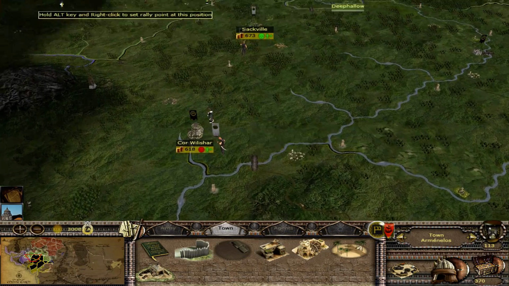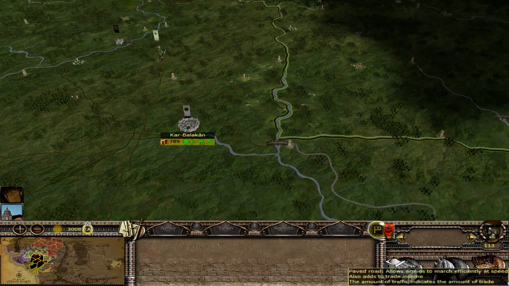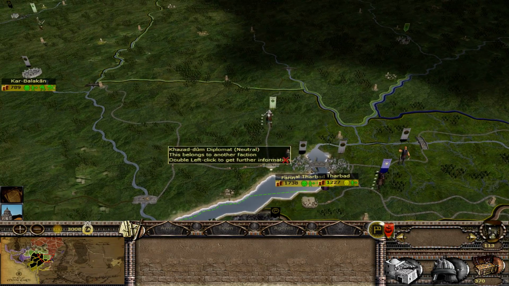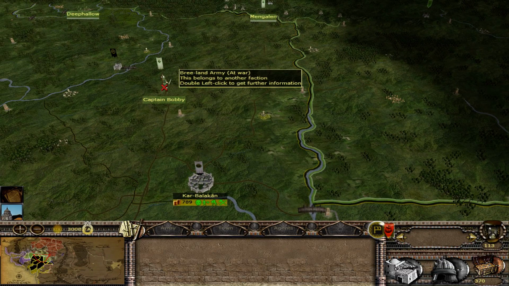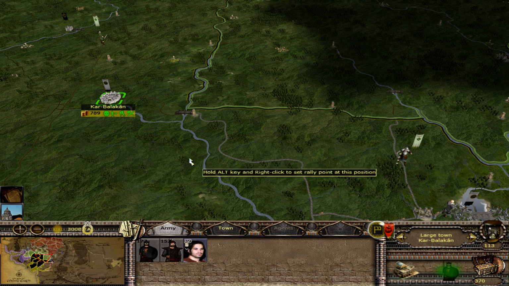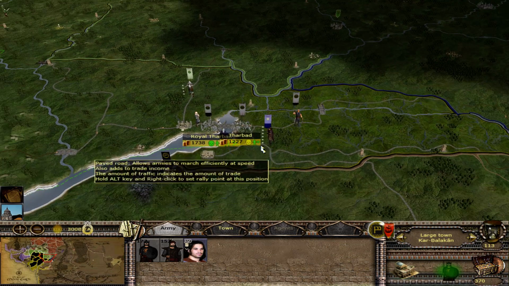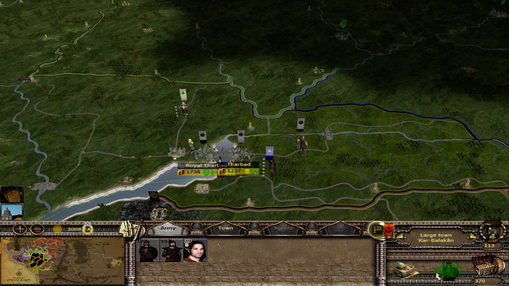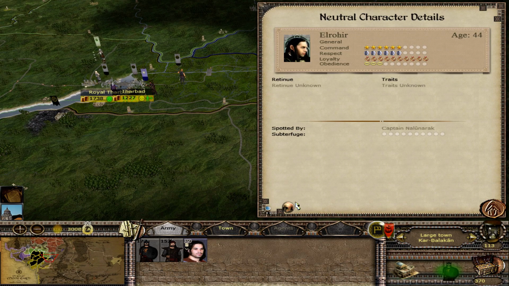Ooh! Otherwise, though, I think I'm going to end the turn there on the suspense. Ooh! Captain Bobby thought better of taking Karbalakan. And once Karbalakan... I'd chuck those in as well. Once you've actually got an army, head over to Kalatar and take that back. And then we'll just see what Elrahir does. It's Elrahir as well, which makes things even worse, because the Noldering...